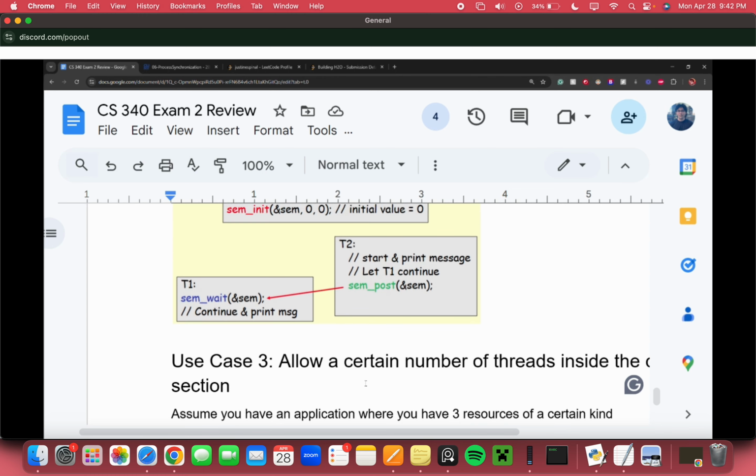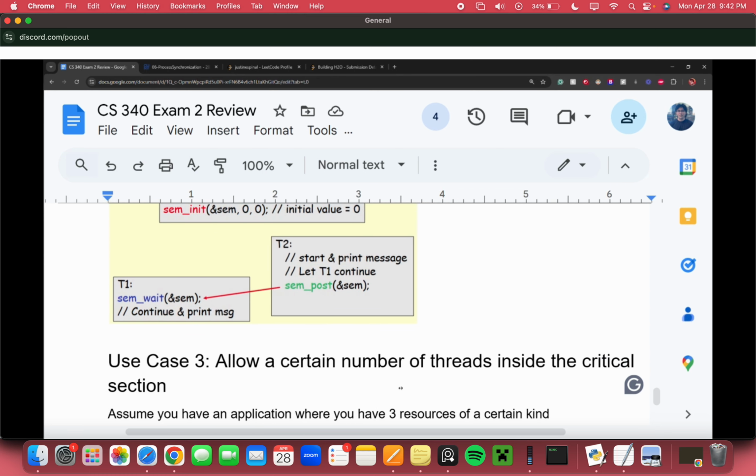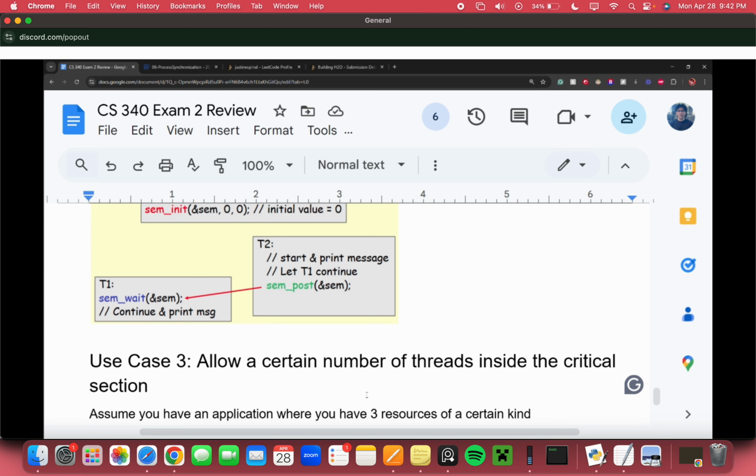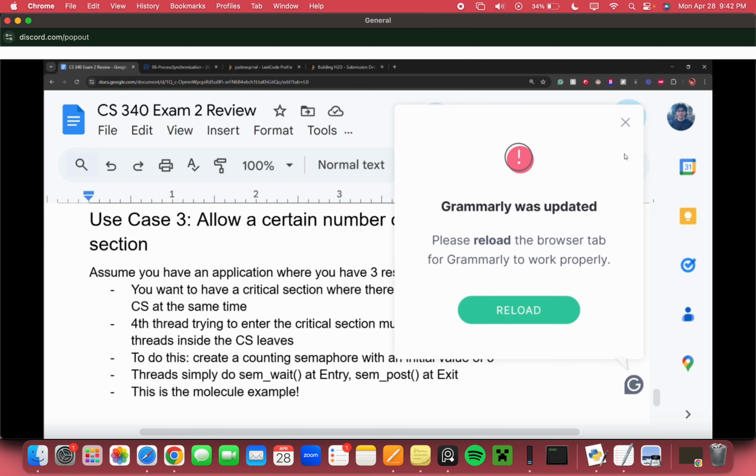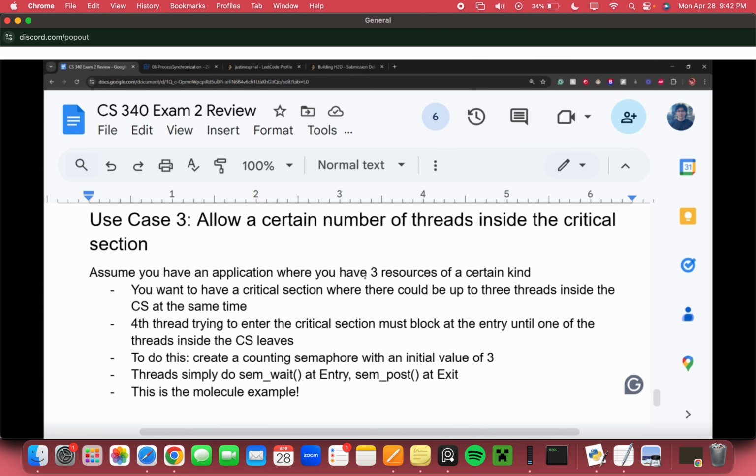Use case 3, allowing a certain number of threads inside the critical section. This is kind of similar to our molecule problem, where assume you have an application where you have 3 resources of a certain kind. You want to have a critical section where there could be up to 3 threads inside the CS at the same time, and the 4th thread trying to enter the critical section must block at the entry until one of the threads inside